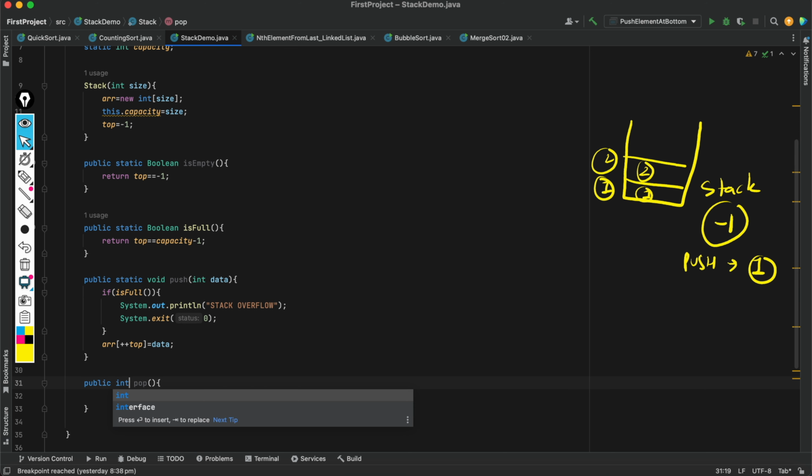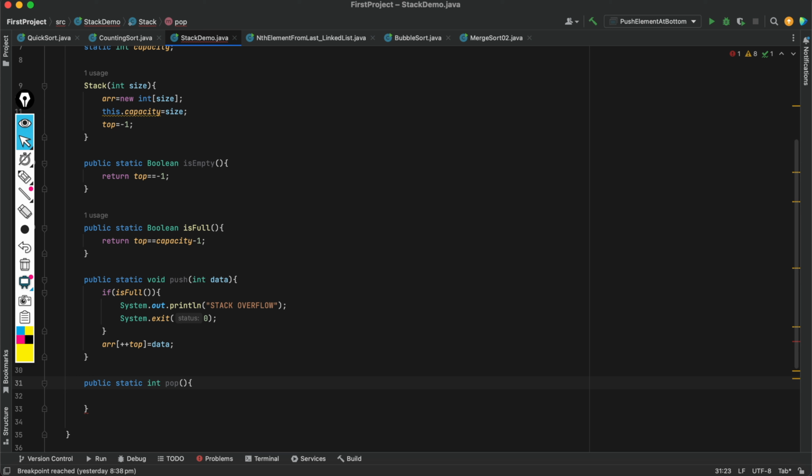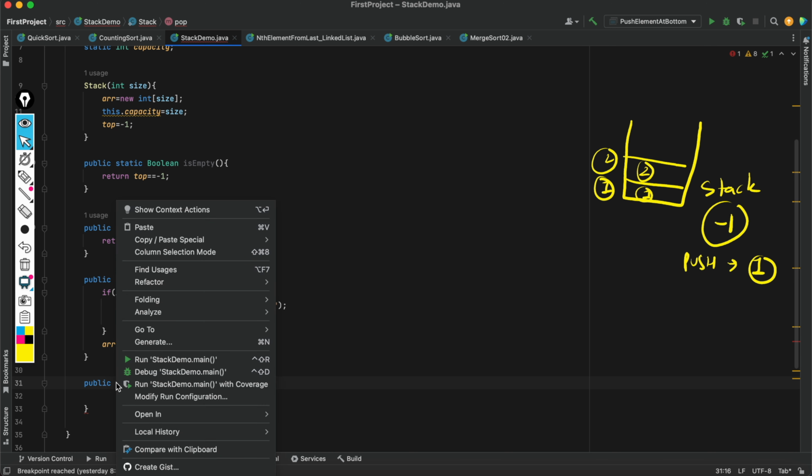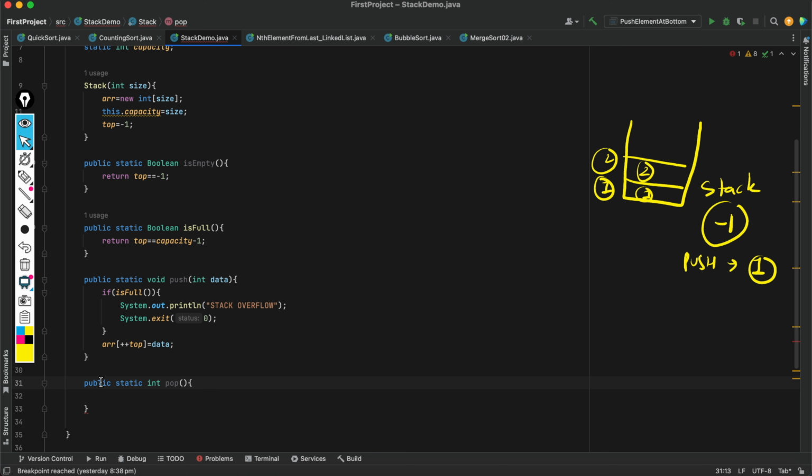In the pop operation, like I have told you, pop means to remove the element. So for that also there are certain steps and validations involved. For pop, first, before deleting the element from the stack, we need to check if my stack is empty or not. If I haven't pushed any element in the stack and we try to delete the element from the empty stack, then a specific underflow condition or stack is empty condition